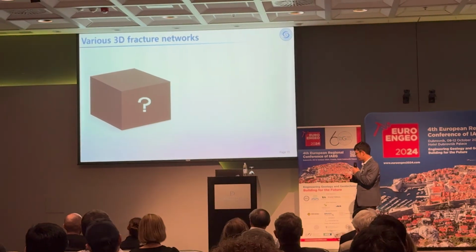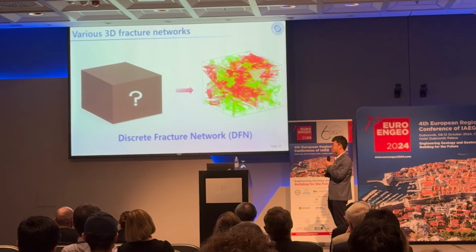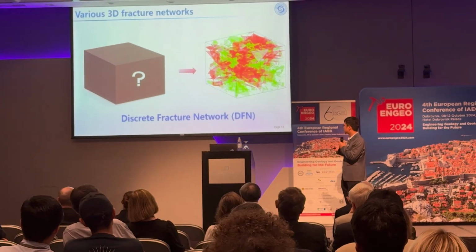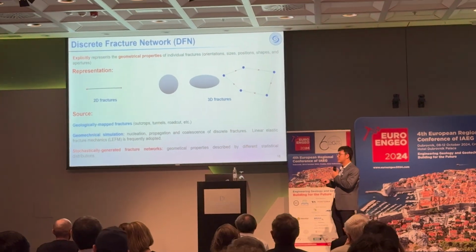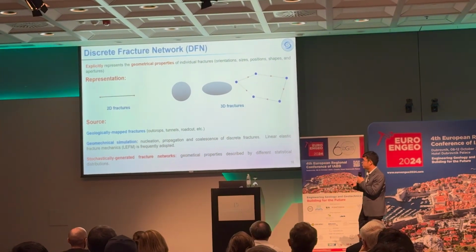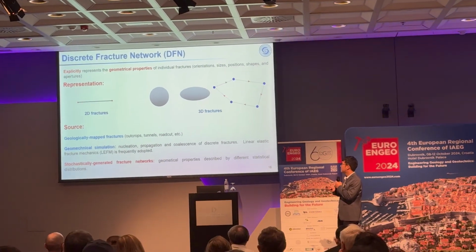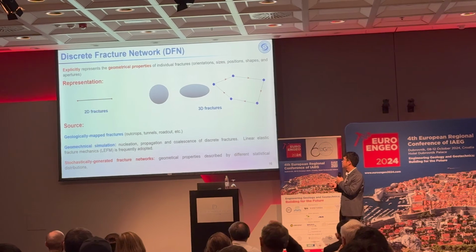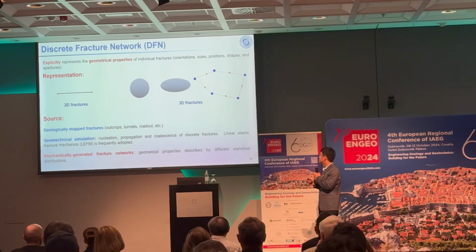How can we do that? We do it with a method called the discrete fracture network method, and then we can generate 3D fracture networks. For people who are not very familiar with the discrete fracture network method, here is a brief introduction. This method explicitly represents geometric properties of individual fractures, which usually include the fracture orientations, sizes, positions,